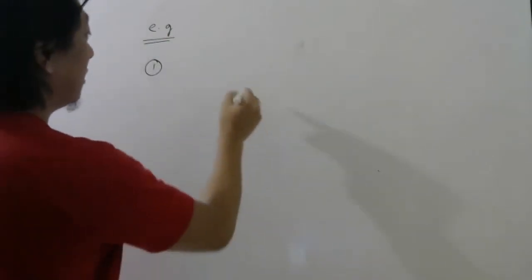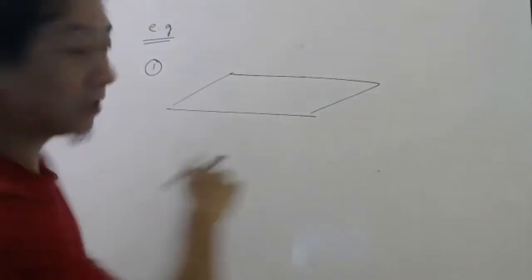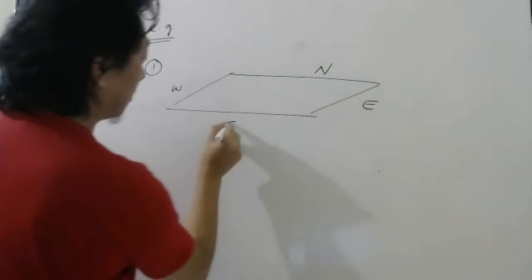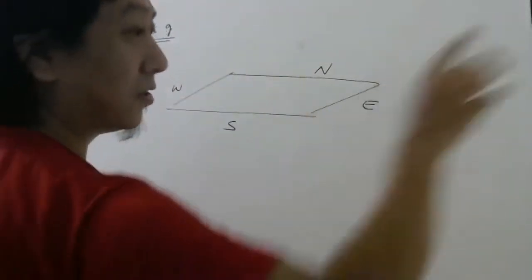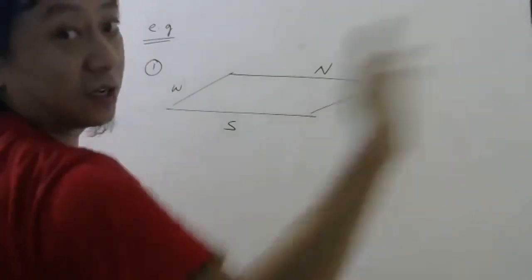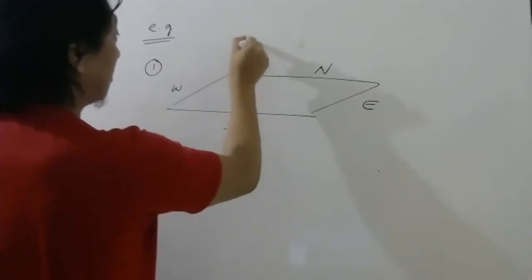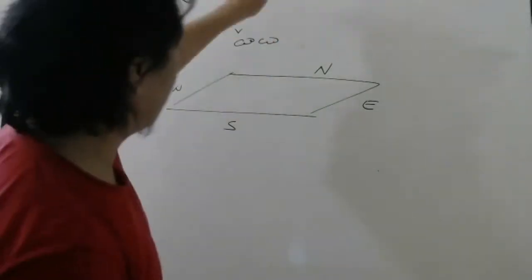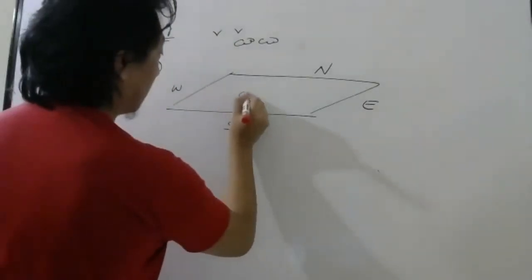First example, imagine this is horizontal. This is east. This is west. That side is north. This side is south. So I don't mean north is up. Okay, north is that side. So here east, west, north, south. Okay, and these are clouds. Birds are flying. So this is up. This is down.